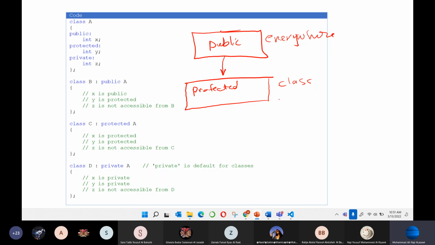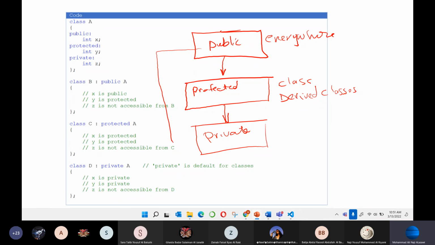Okay, by the class and the derived class or classes. All right, the last one is the private. You can change public to protected, and you can change protected to private, and you can change public to private, but you will never be able to go upside. You will not be able to change private to protected or private to public. This is impossible, unless of course there is some code we can write, but this is the nature